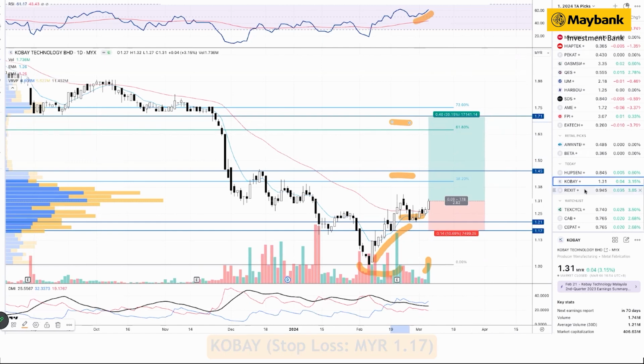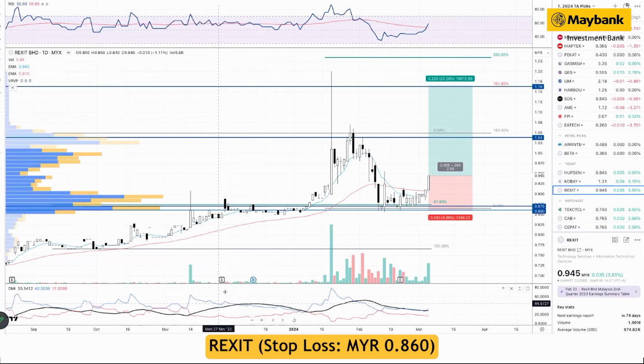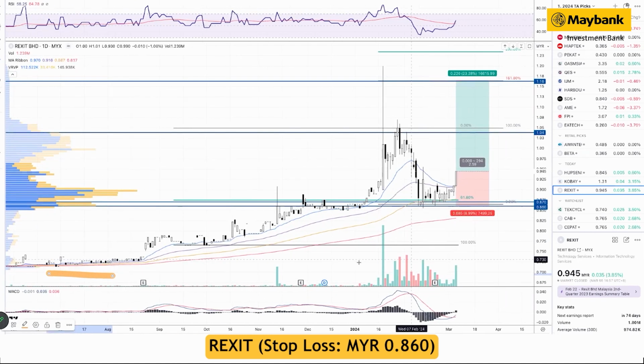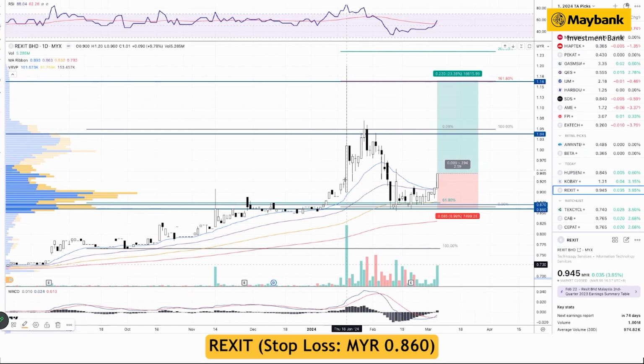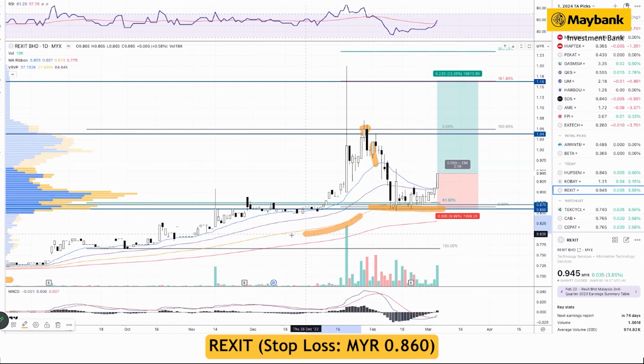Last but not least will be Rexit. One of the reasons why we highlight Rexit is that we like the stock despite the recent lower liquidity period, but the trading volume has improved significantly, particularly in the middle of January. The recent so-called minor correction has ended, particularly as the stock found quite strong support within the 100-day moving average and the 61.8 Fibonacci